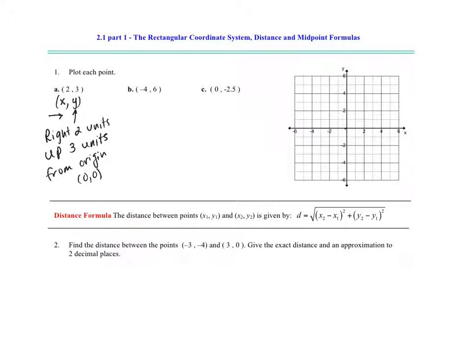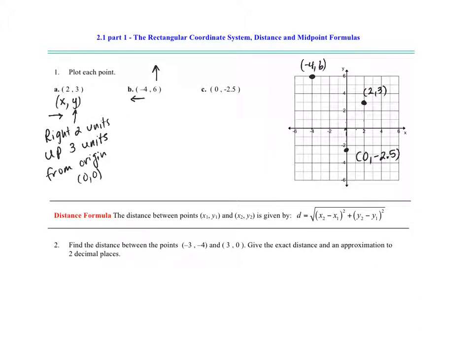So I start at the origin, I go to the right 2, and then up 3. And there's my first point at (2, 3). All right, and so for this one, since it's negative, we're going to go left 4 and then up 6. There's my second point. And then we can go left or right 0 here and then down 2.5. So there's my next